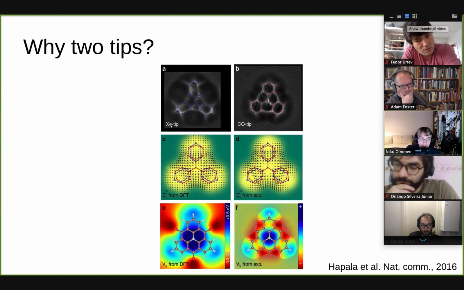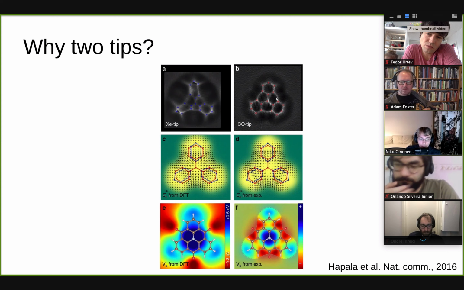For example, the xenon tip has a slightly positive charge, and the CO tip a slightly negative charge. And there are also other factors, but the charge of the tip is one of the main contributors to the